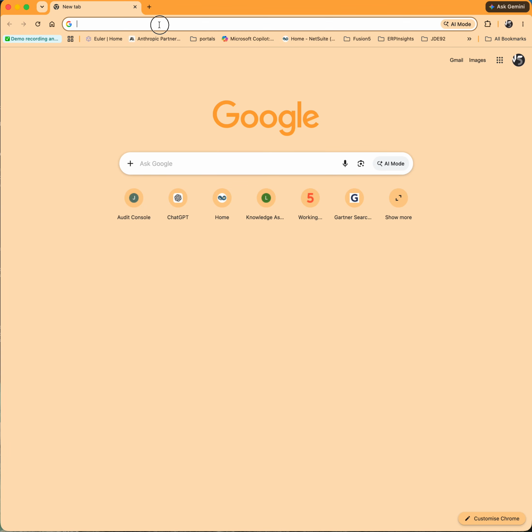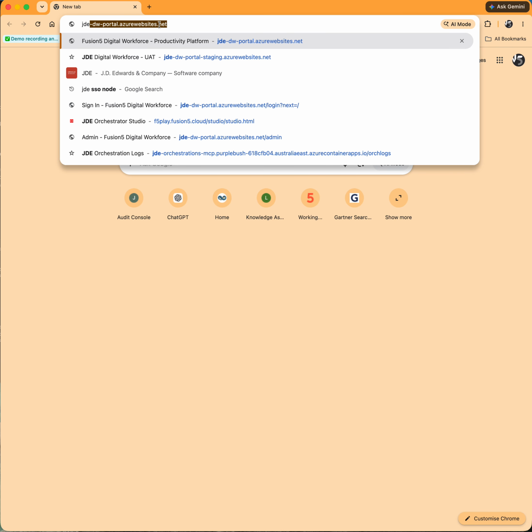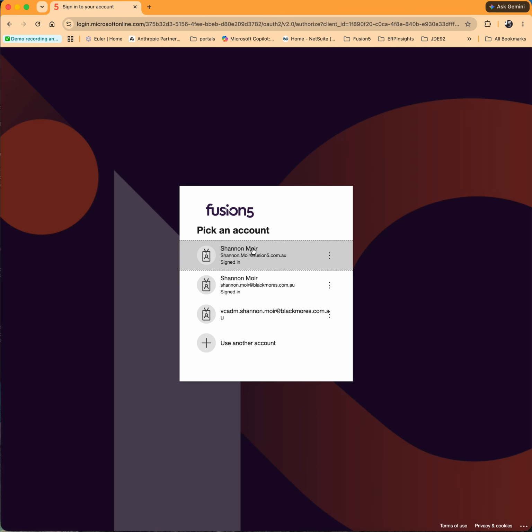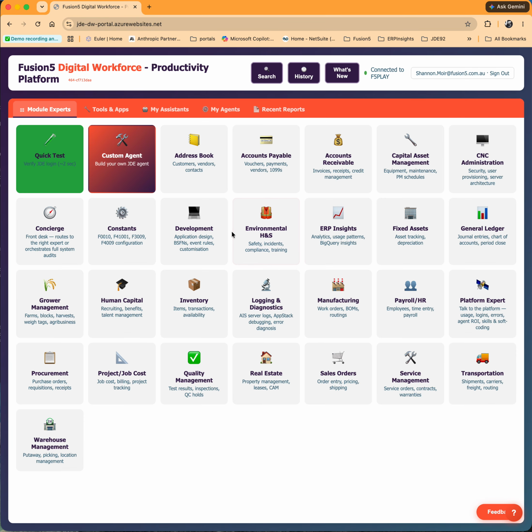So this is going to be a demonstration of our JDE digital workforce platform. So let's sign in here. What we're presented with is an SSO form. This is an Entra application. It's a full SaaS product, but you define an Entra application and you define the users that are allowed to log into the platform. And when you've done that, we secure the portal with your Entra application, and therefore only authorised users are able